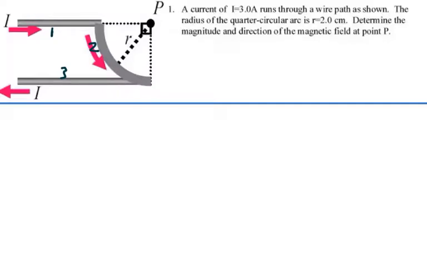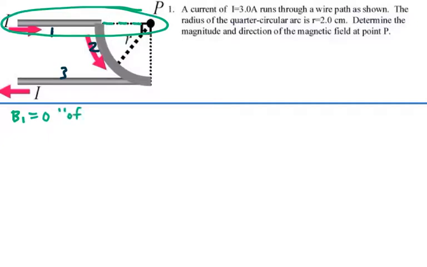We can see that point P is off the end of segment number 1. If you're off the end of a line segment of current, there will be no magnetic field produced at that point. So for segment number 1, we have B1 is equal to 0 because we're off the end of that segment. Sounds good? If we look at segment number 2, we have a curved segment, and for a curved segment the